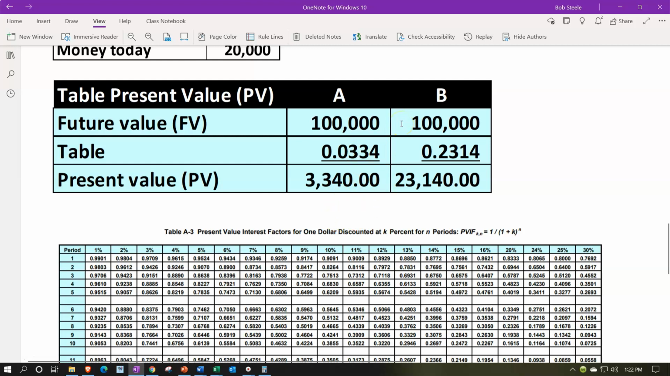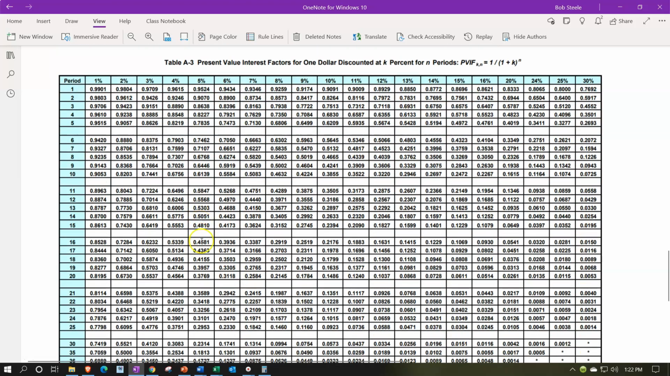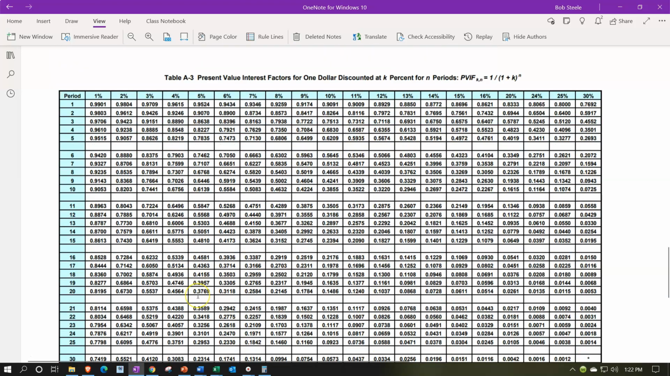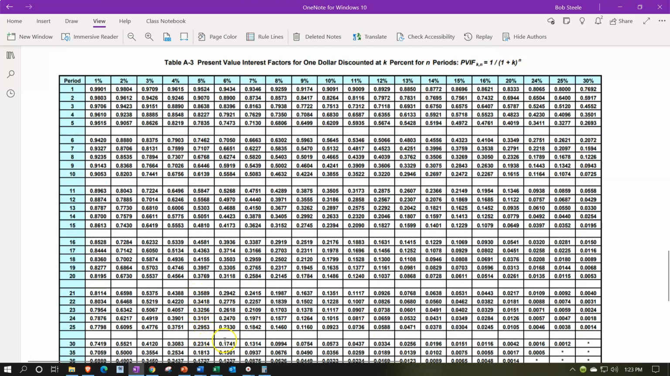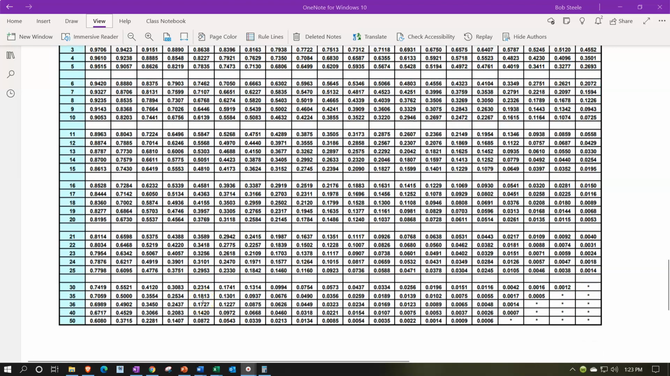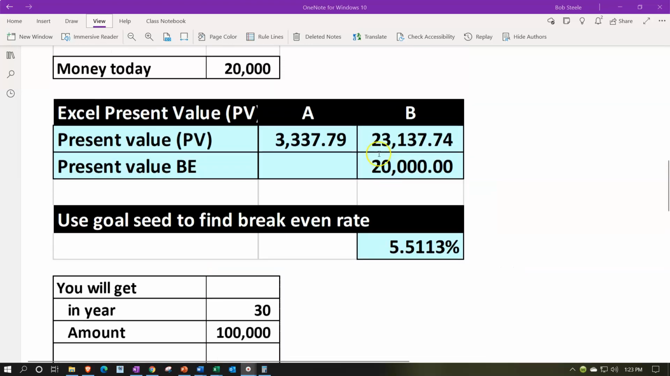And then we got the 100,000 at the 5%. So 5%, 30 years would be down here, 0.1741. So hold on a sec, 5%, 30 years. So 5%, 30 years is 0.2314. And if we multiply these out, 100,000 times 0.0334 is 3340, 100,000 times 0.2314 is the 23,140. Notice that these two amounts may be slightly different than these two amounts,